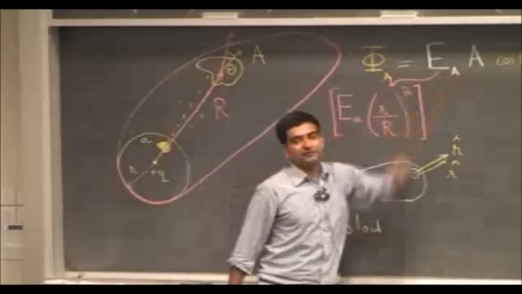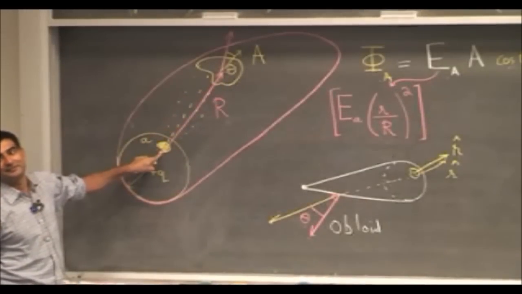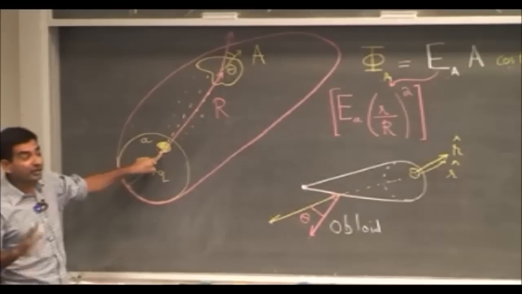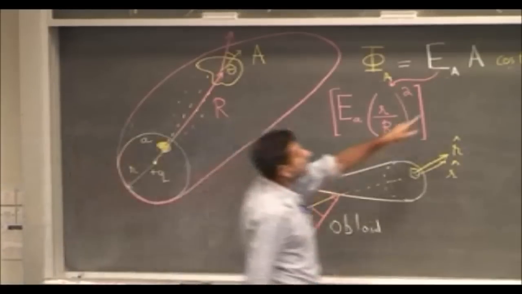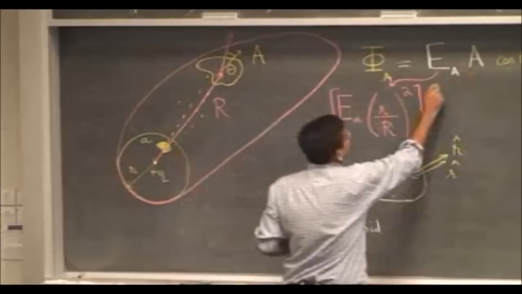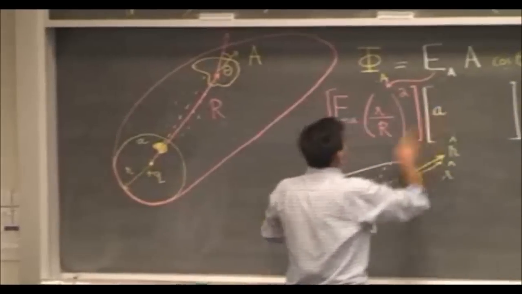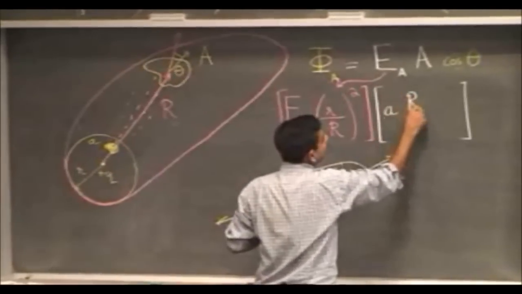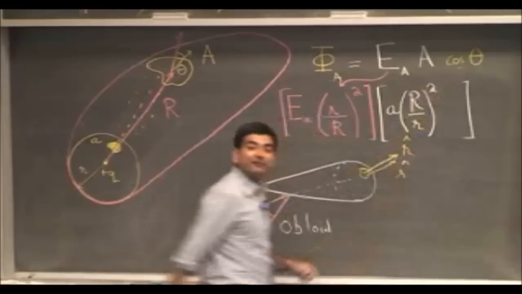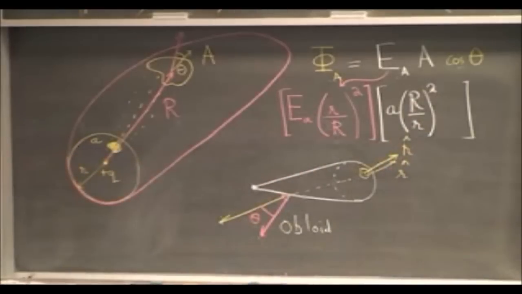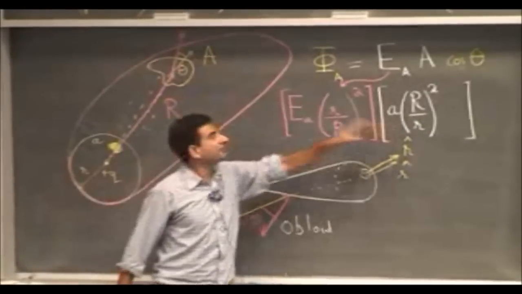What about capital A? This area is clearly not the same as this area. Yeah, we're talking about the area here, not the angular area, not the solid angle. So this capital A is larger than this small a. How large? This is small a multiplied by capital R over small r squared. Is that enough? It's not enough. If this were a sphere, then this would be enough. But this is not a sphere.